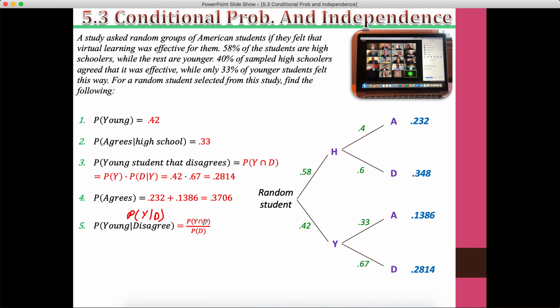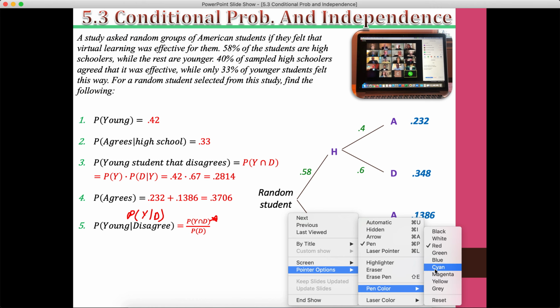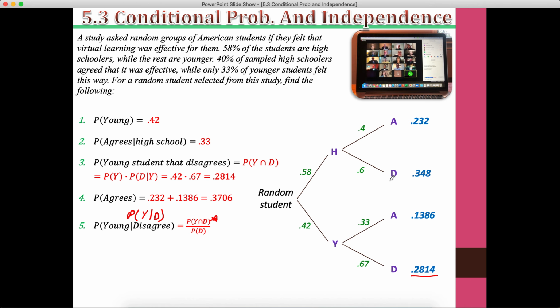So I could find each of these things. The probability that they both occur, that they're young and disagree, is this. This is our numerator. And the probability that they disagree would be, well, there's two groups of people who disagree. There's this one, and there's this one. So if I take the sums of those two things, that would give me my denominator. So out of all the people who disagree, what is this, like 62-ish%, maybe like 63, out of the 63% of people who disagree,